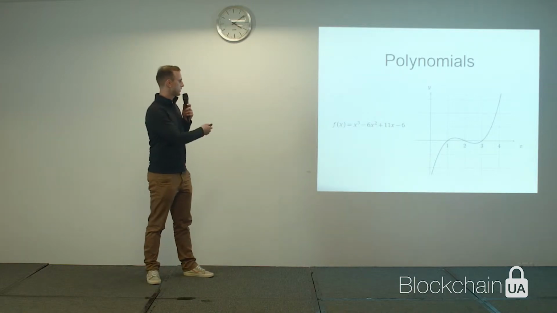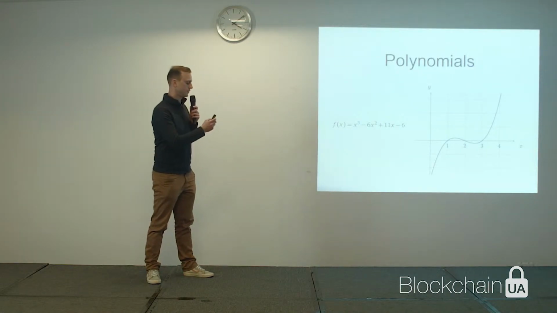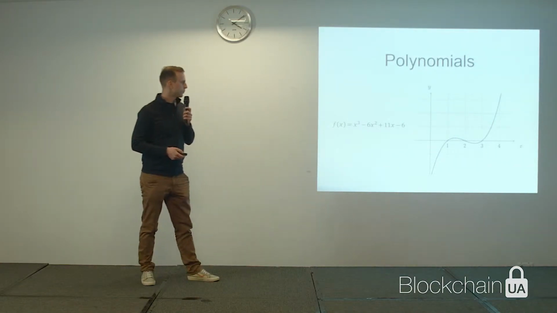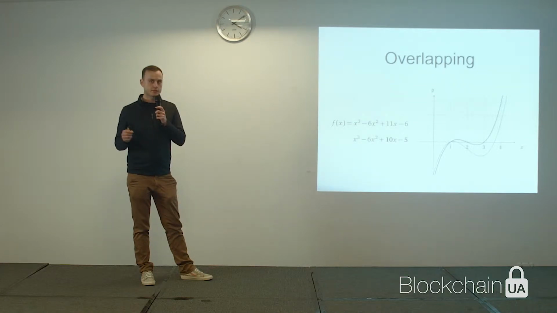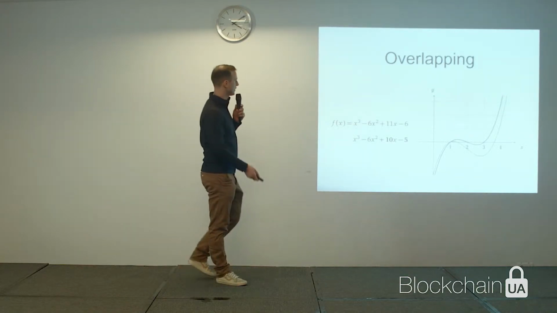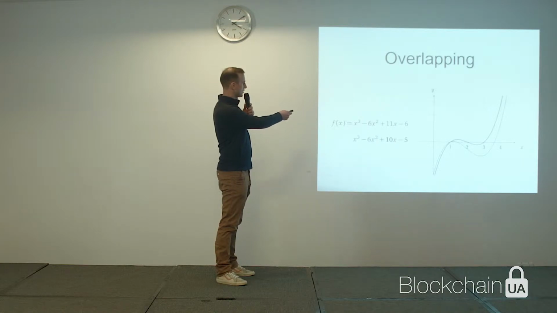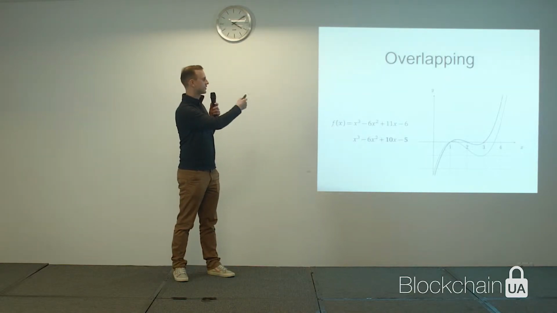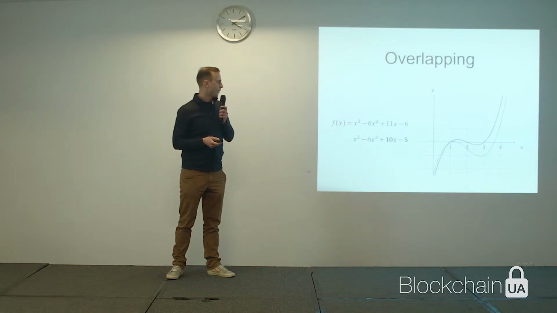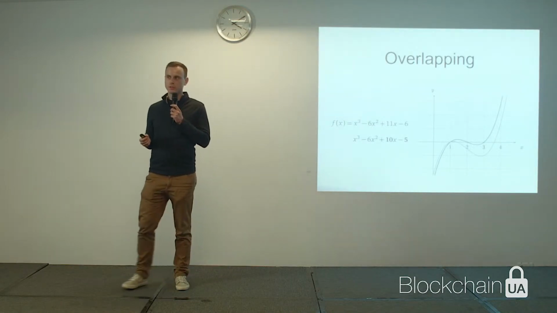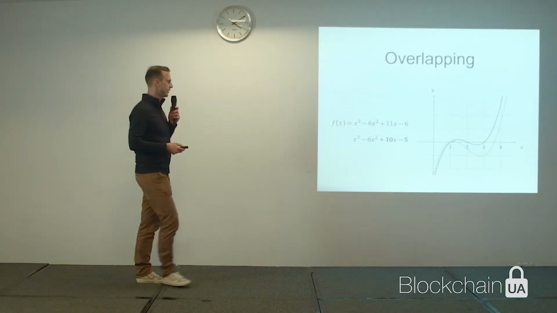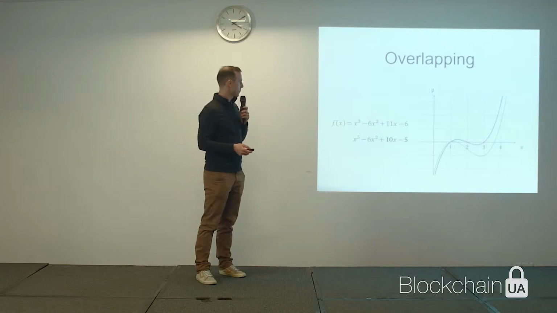On the left, you can see a polynomial, and on the right, a graph showing how it looks. What's interesting about polynomials is that if you modify a polynomial just a little bit, let's say in this case we modified the last 2 terms, instead of 11 we have 10, and instead of 6 we have 5, you can see that it dramatically changes the polynomial. In fact, there are no 2 different polynomials that share any chunk of a line. It's always just a couple of points.